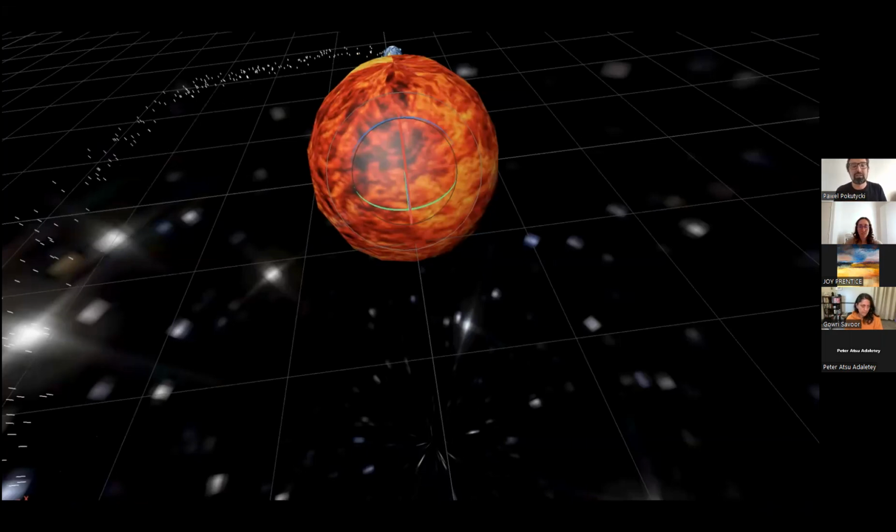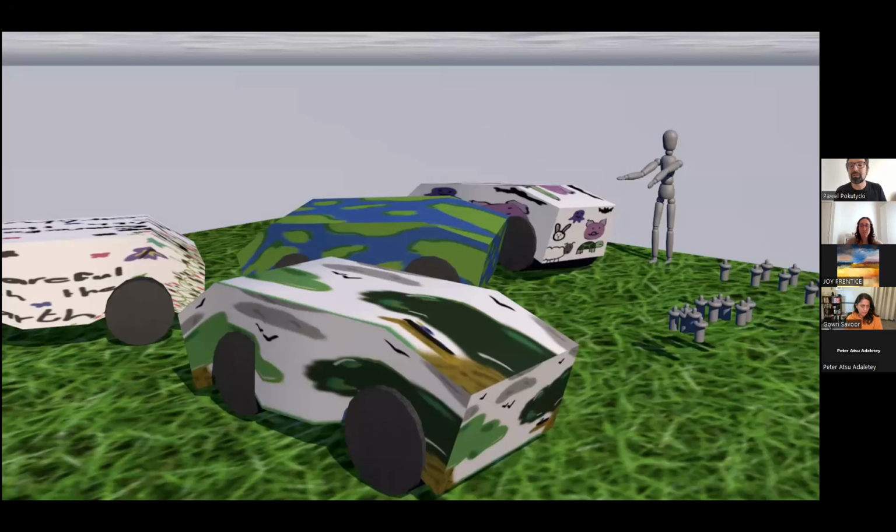This is another example of an outcome of this 3D modeling.